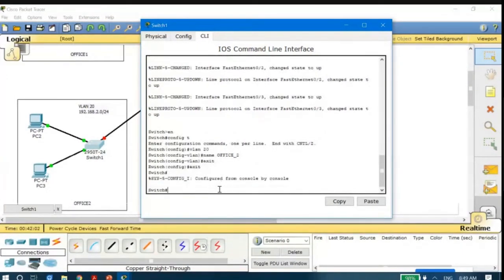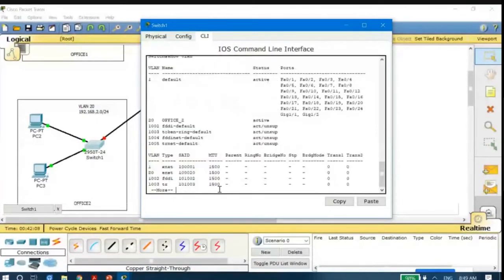If I type exit twice and then type show VLAN, I will be able to visualize the network. Here you could see 20, Office 2 is there, and the ports have not been assigned. So now we have to assign the ports.